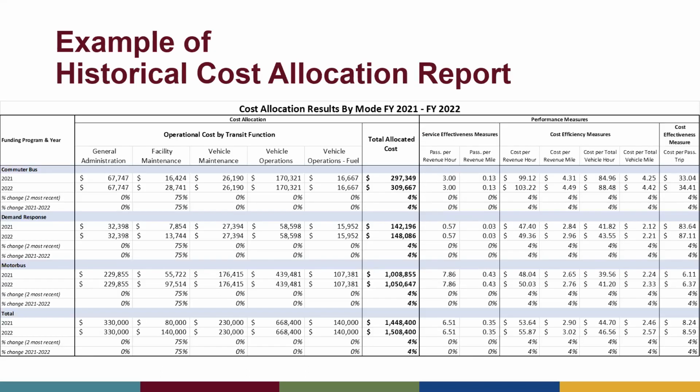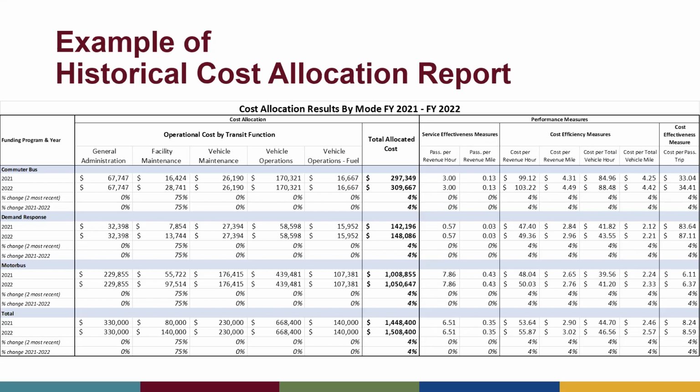So this is an example. This is a very base example of a report for the historical results using some sample data that's entered. But essentially, the calculator can do these different reports for sets of routes or individual routes. This is by travel mode. So we have commuter bus, demand response, motor bus. It computes